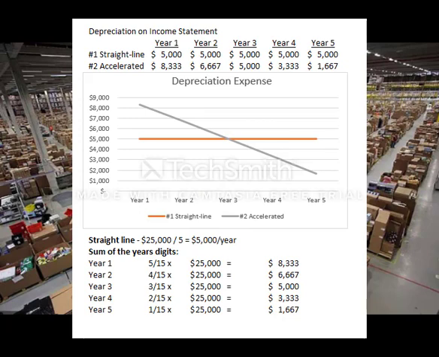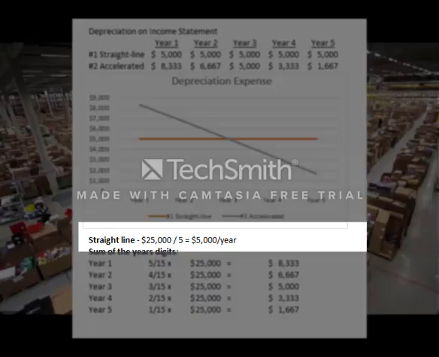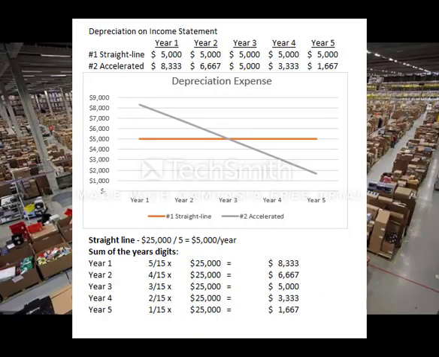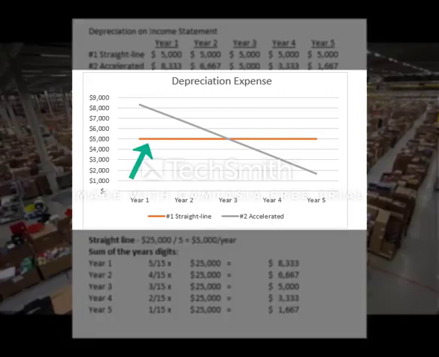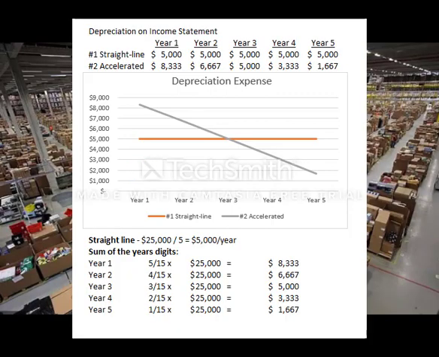First, we're going to show in example 1 how straight line depreciation is calculated. We take the historical cost of the asset, which is $25,000, and we'll divide it by the 5 years to get the $5,000 per year. You'll see the graphic representation of a straight line over the 5 years, meaning it will be equal over each